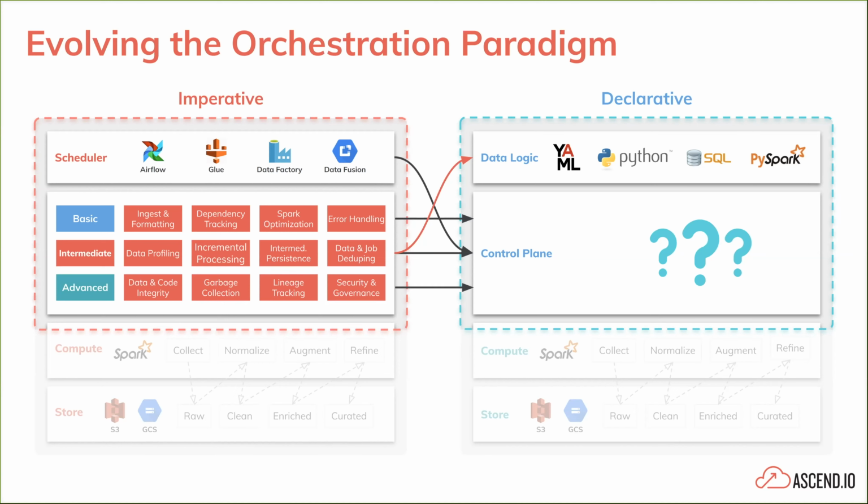The code is now actually declarative, which means it's not responsible for all of these incremental pieces like ingest and incremental processing and profiling. The code just says what it wants to have happen. The control plane, as we can call it now because it's no longer just a naive scheduler, can handle all of the what to true up everything that the declarative layer has said.